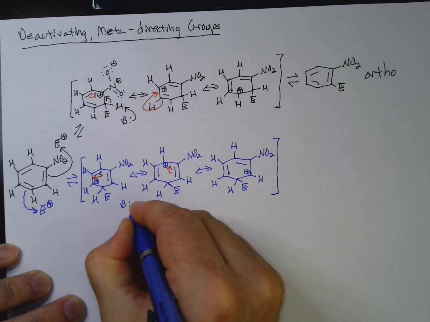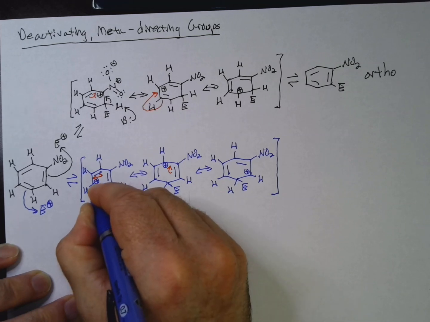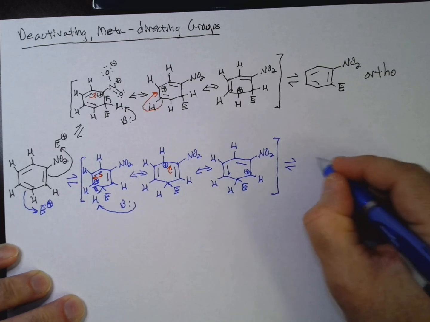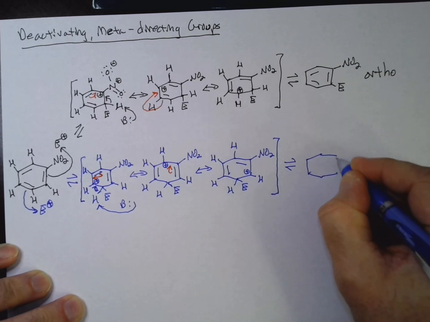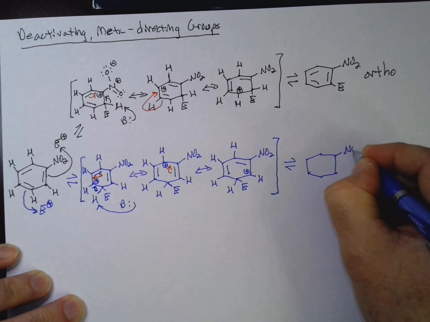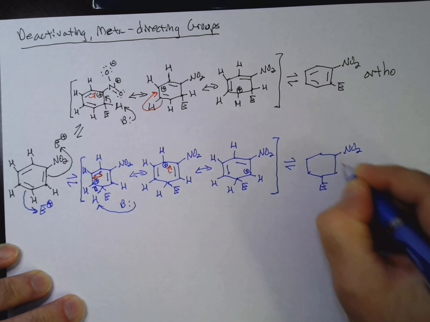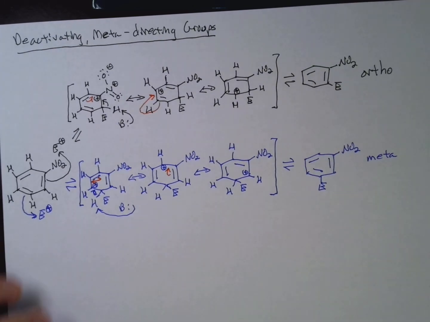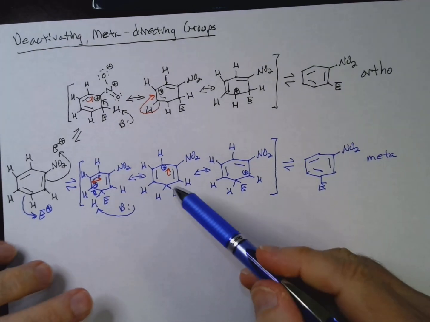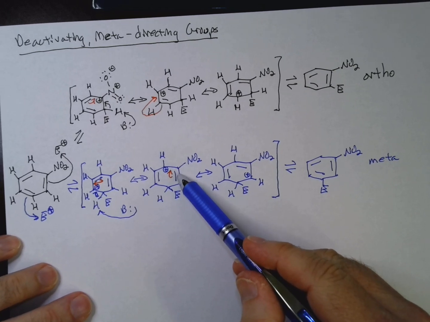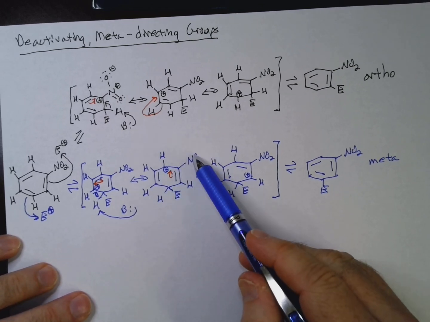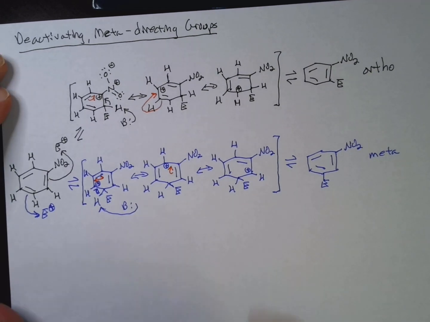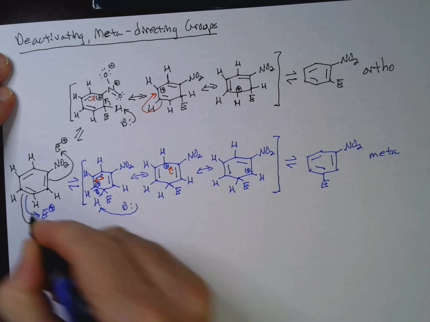And if I had my base, it can come along, deprotonate. And we'll go ahead and get my final product, NO2, E. This is meta. Okay. Now notice that I don't have a positive charge in any of these resonance structures next to the electron withdrawing group. So let's go ahead and do it for the third case, which is